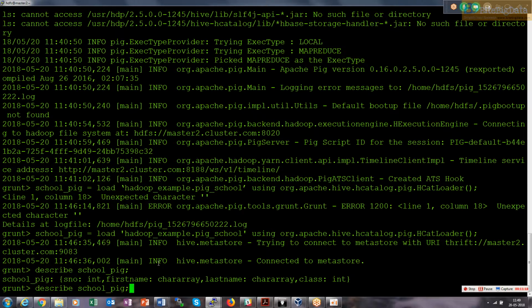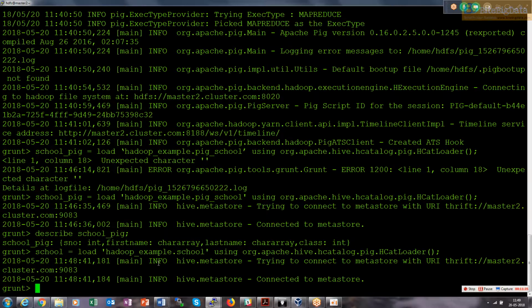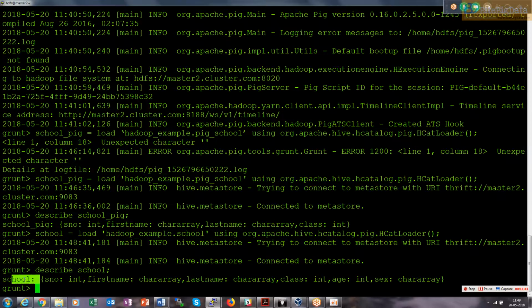Okay, now in a similar way, we have the school_pig creation. Now we will just create the school one. Okay, school from Hadoop_example.school, using org.apache.hive.hcatalog.pig.HCatLoader. In this case, since school also has data, it will also be loaded with its schema. So if I say describe school, I will have this schema, and if I do dump school,